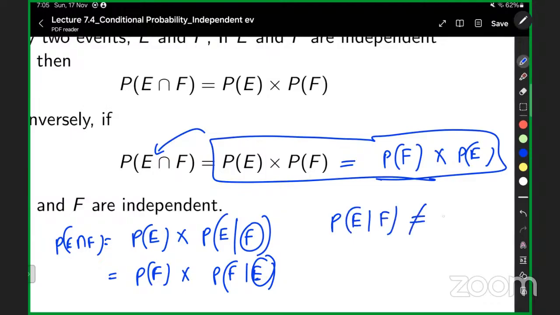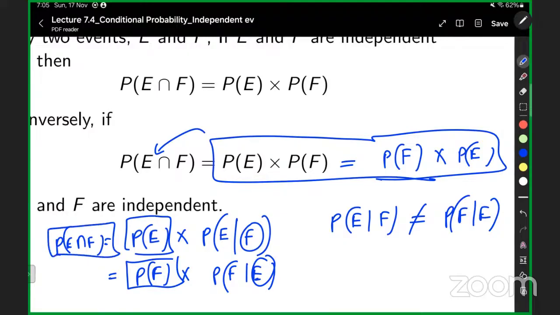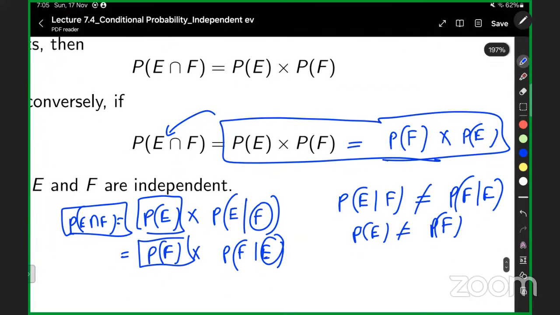This is not equal to the one given E, because we are multiplying a different entity, right? To get the same answer, we'll come to the same answer. That is not the issue, the intersection part. But these values are not equal, and this P of E and F is also not going to be equal. Here they are both equal, so this multiplication you do anyway will not affect anything, and you'll always come up with P of E intersection F. This is the scenario when they are independent.